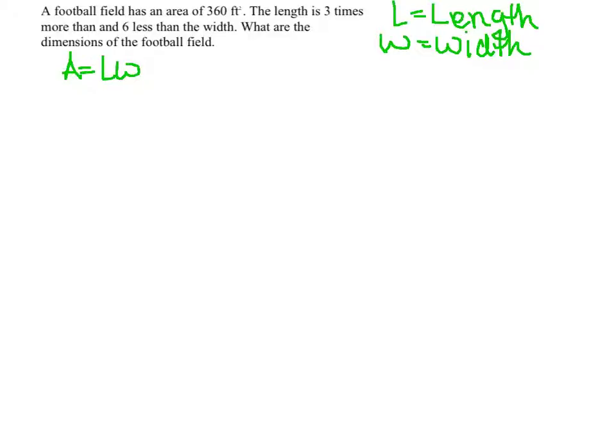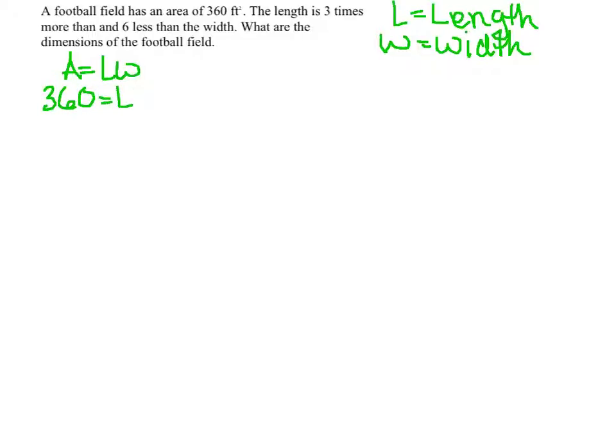So it's going to be L equals length, and then we're going to have W equaling width. Since we have our two variables, we can make two equations. The first equation is going to go off of the formula A equals length times width. So since 360 is the area, we're going to go 360